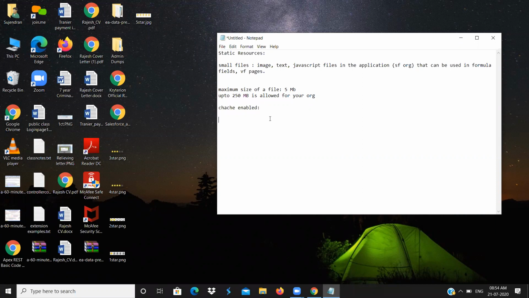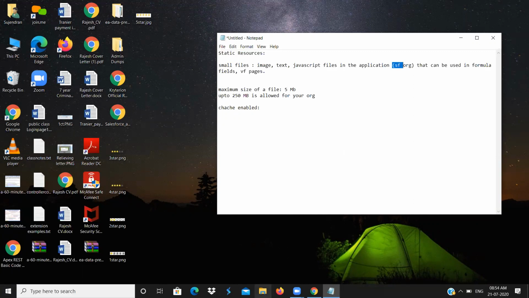So the first thing is static resource. You want to have some files like images, text, JavaScript files in your Salesforce org. You want, when the page is loading, to fetch some images and show them. Salesforce is a cloud tool.